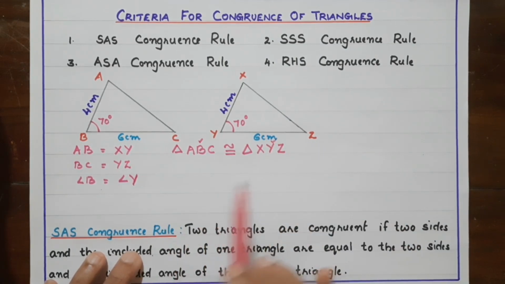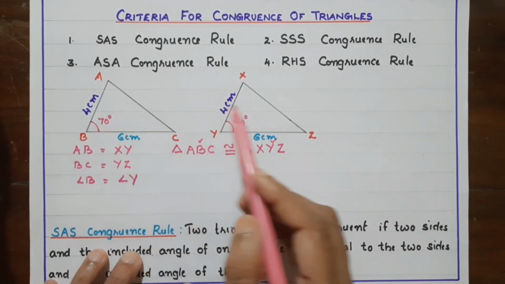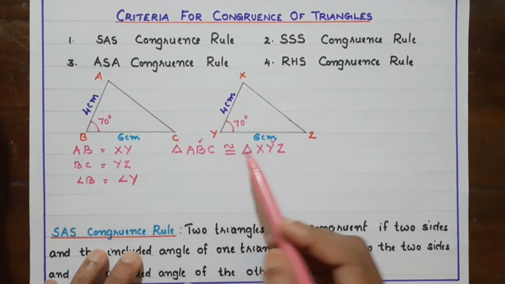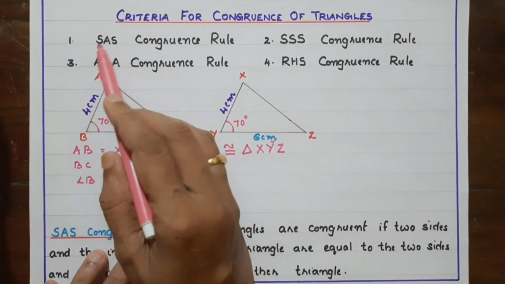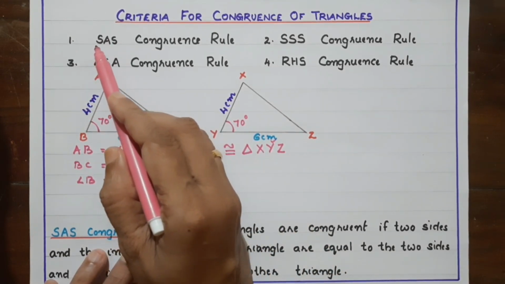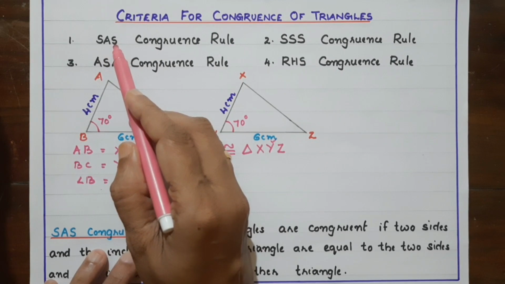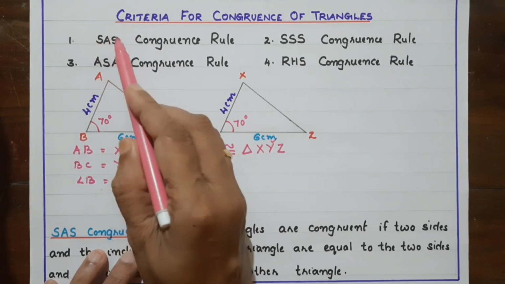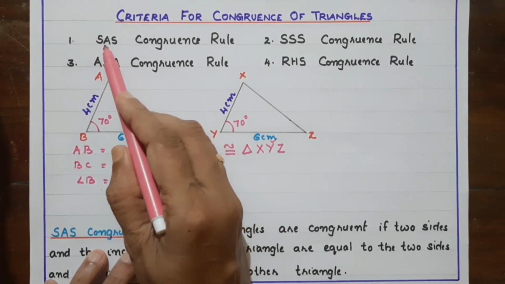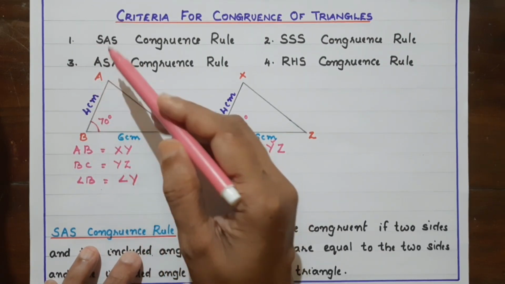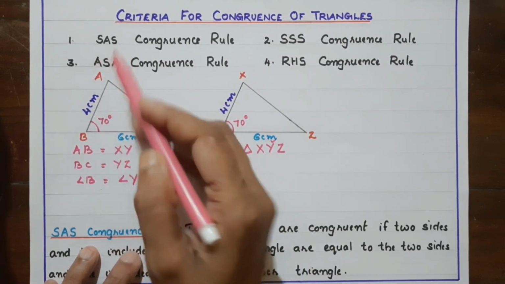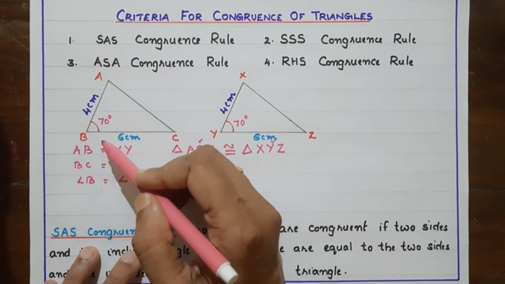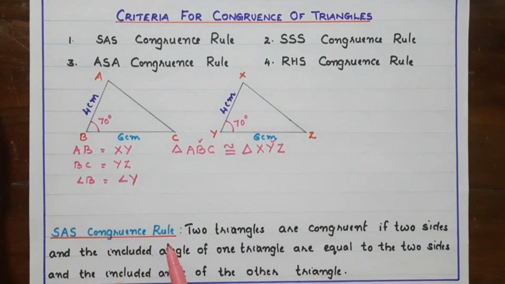Okay, now by checking only these 3 measures, we can say triangles are congruent or not. And this is called SAS, side, angle, side. You should not change this order. Why? Because the angle is the angle between two sides. To represent that, it is written A in between two sides, 2S. Okay, so this is called SAS congruence rule.